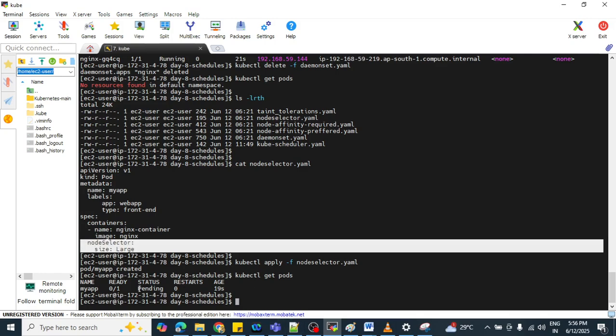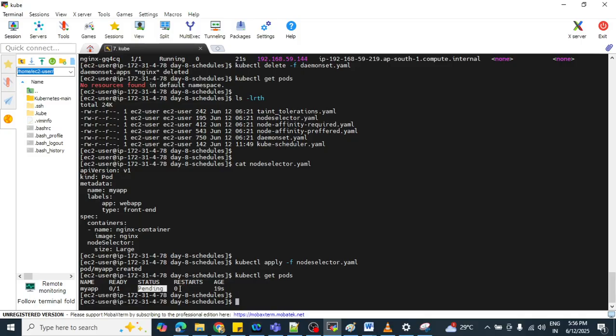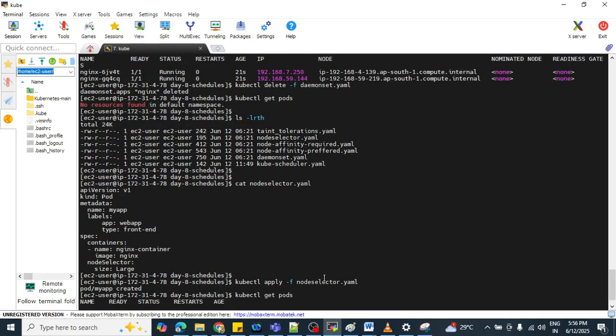That's why it is not going to be scheduled on any node here. So how are you going to mark your node as size is equal to large? There is a command, kubectl label nodes.